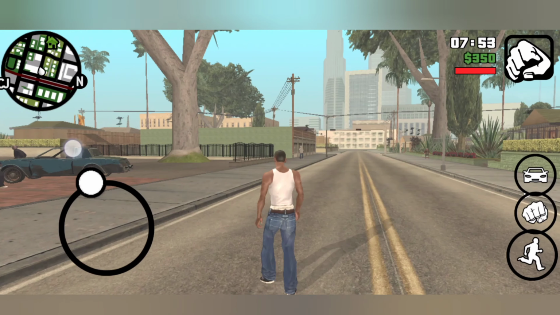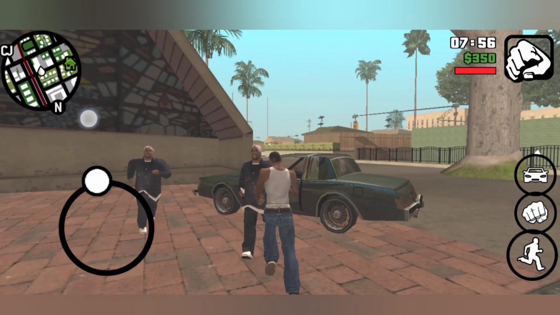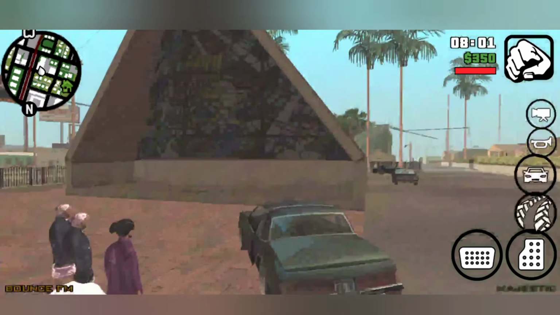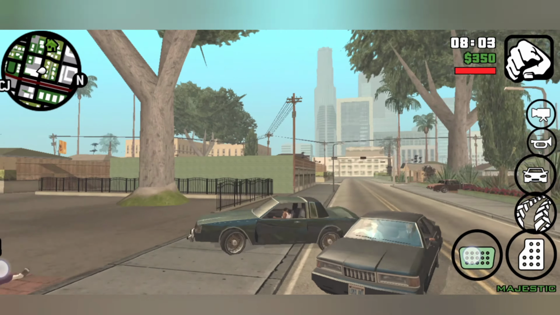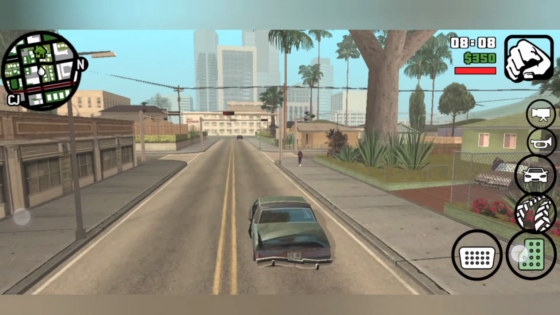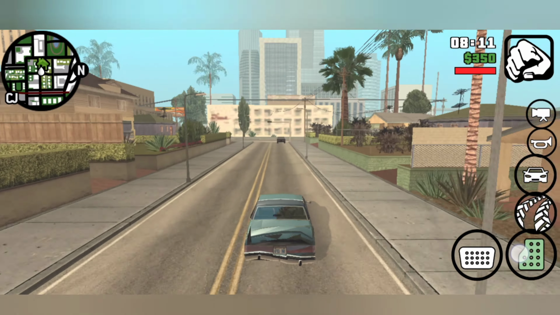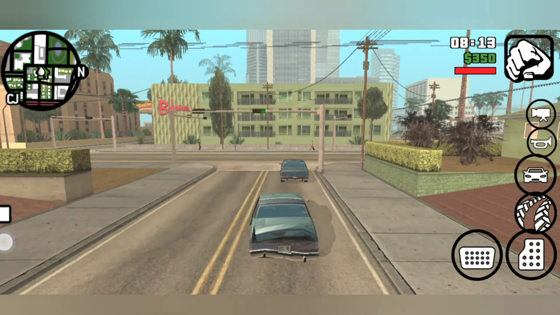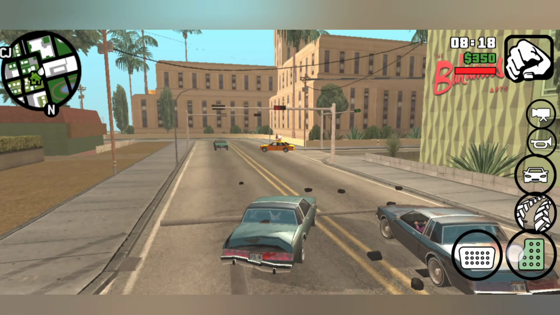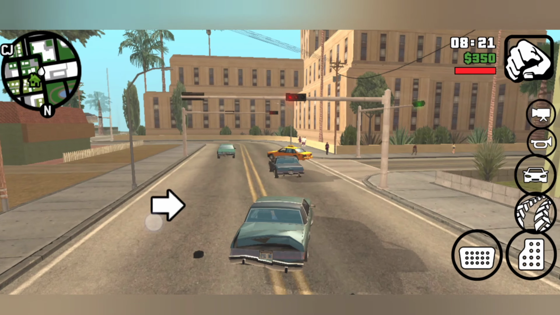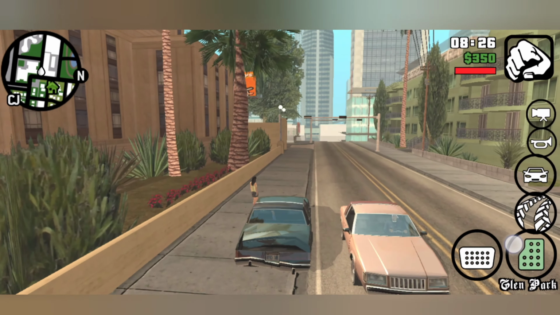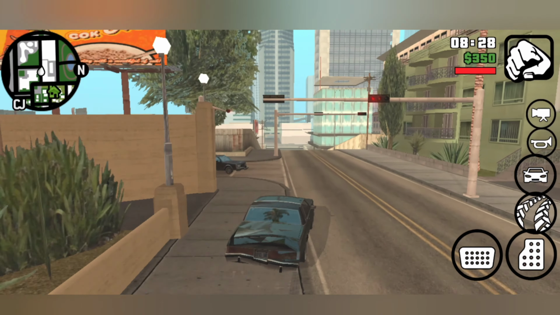I'm going to quit tomorrow. Man, what is this? Look out! My car!